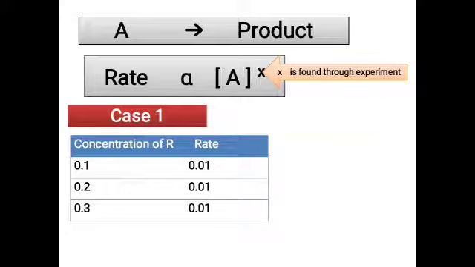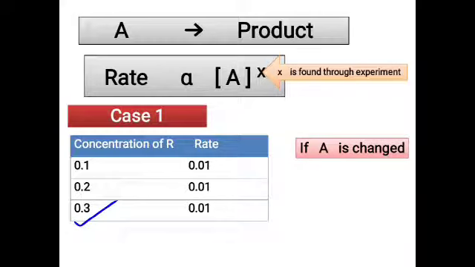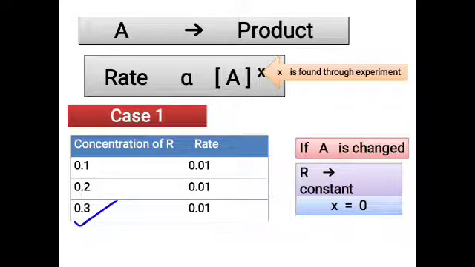So what we are observing here is that you are increasing the concentration of the reactant, A is getting changed, but the rate is remaining constant. Nothing is affecting the rate. Mathematically, when some quantity remains constant, the change between them is 0. So the X value which we have taken as the order will be equal to 0, because you don't find any change happening when you keep increasing the concentration. That is the reason why the X value becomes 0.